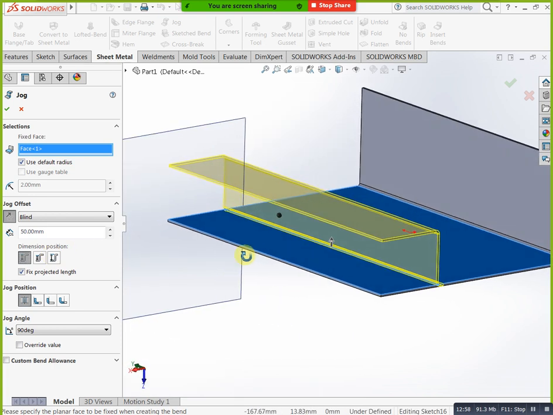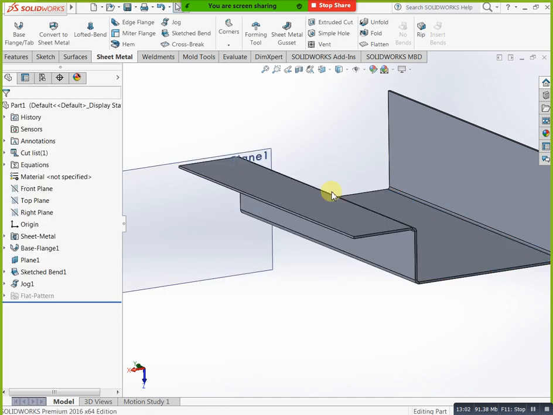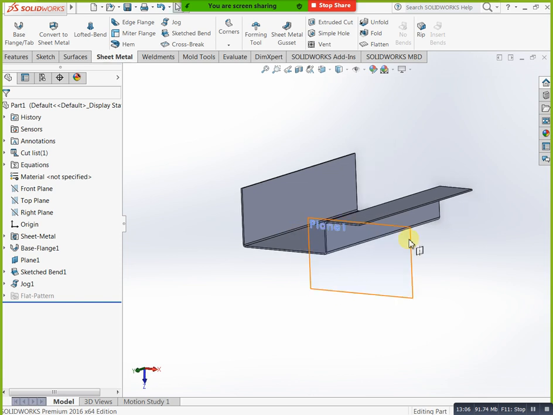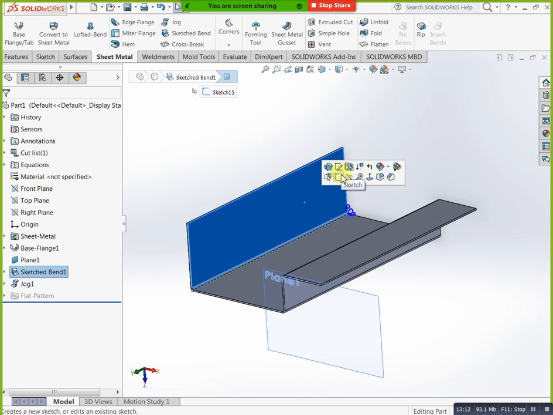Okay. Next, I am creating one more bend here. Go to the sketch, you can mention Control 8 and you can draw one more feature exactly from this point to here. Then you can do finish.